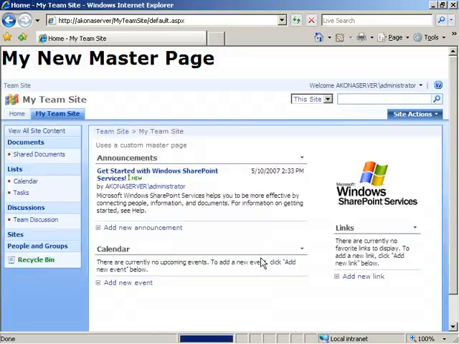Okay, so by creating a site definition project in Visual Studio with the extensions for Windows SharePoint Services installed, and then adding a custom master page to that and configuring